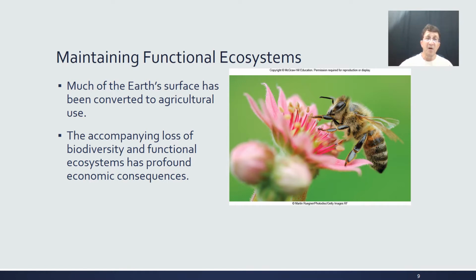So, what do we mean by ecosystem services? And what do we mean by sustainability in general? Much of this is the fact that as we do our things as humans, we maintain functional ecosystems that provide us with these resources. And we can look at what are called natural ecosystems, which we'll deal with a little later in the course, and artificial ecosystems, which includes things like agriculture and villages, and that includes things like manufacturing,